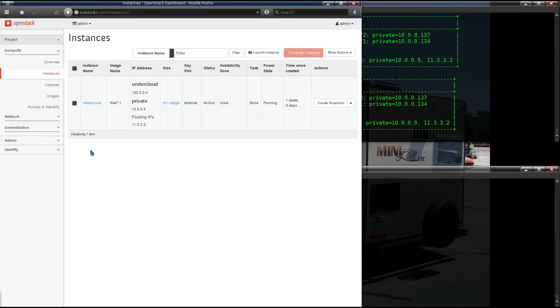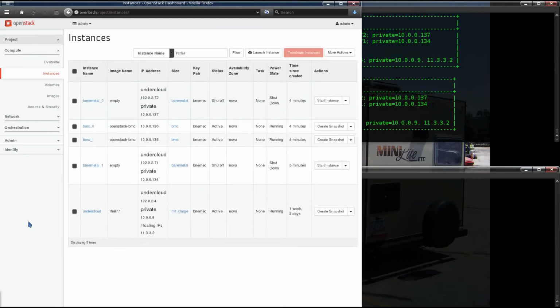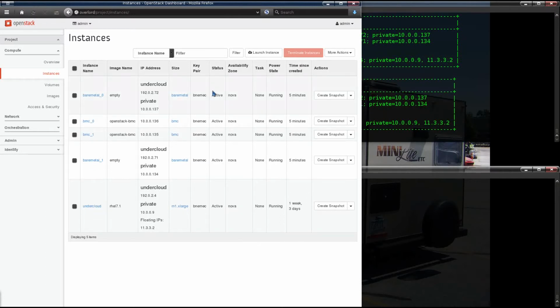But we can come over here to the DevStack Horizon instance, and you can see we have our 4 VMs that we created earlier. And any time now, the discovery code should be starting those up. And there you go, we can see they've gone to active now. And then just real quickly,